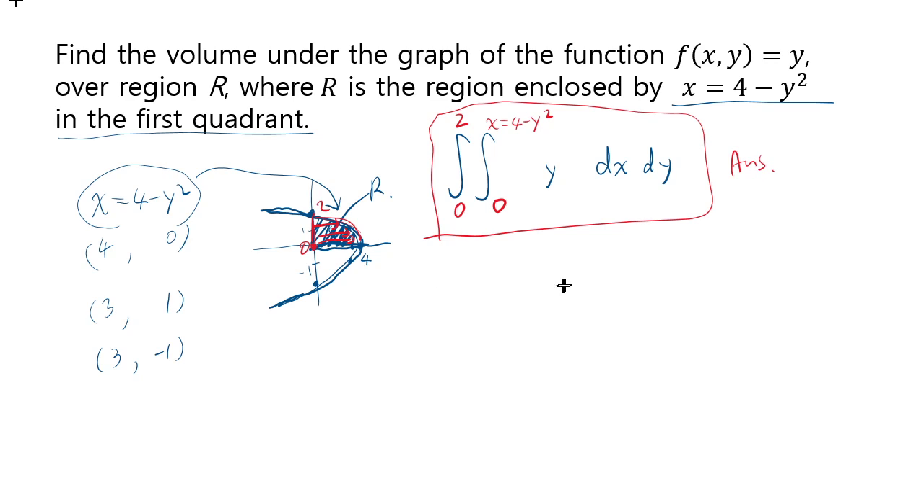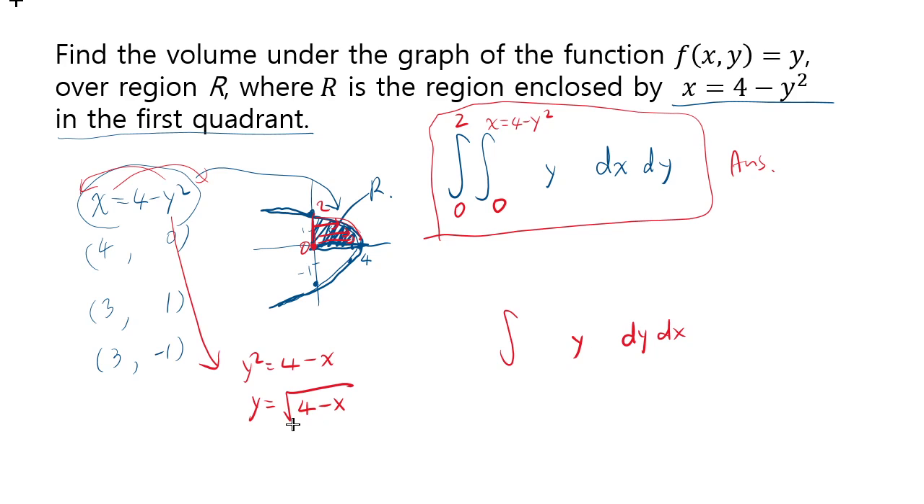Now, if you're curious to know what happens if you put dy first, here's what you do. You have to first solve for y, so move the y squared over here, move x there, so you have y squared equals 4 minus x. Take the square root, and you get the square root of 4 minus x. You should really do plus or minus, but because we are in the first quadrant, we only need the positive one. And if you want to use this, then you would need dy inside, and you're trying to paint this region going up,